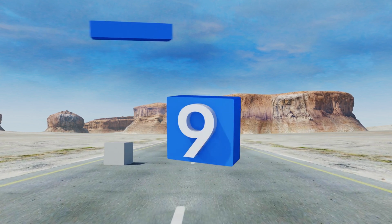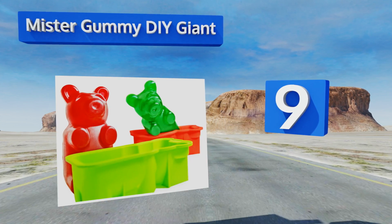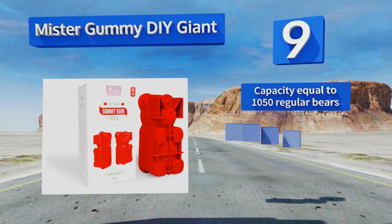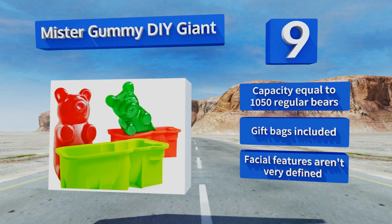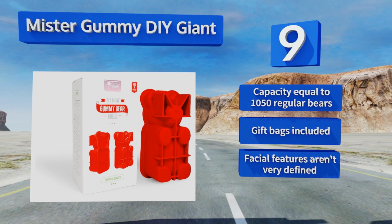At number 9, you won't have to fool around with tiny little snacks when you try the Mr. Gummy DIY Giant. This high-quality extra-large silicone mold makes it possible to create ursine treats as big as your hand, plus it comes with a satisfaction guarantee. The treats have a capacity equal to 1,050 regular bears, and it includes gift bags, but the facial features aren't